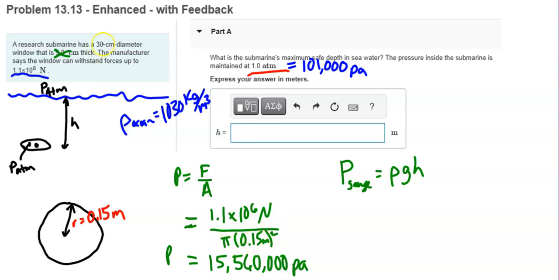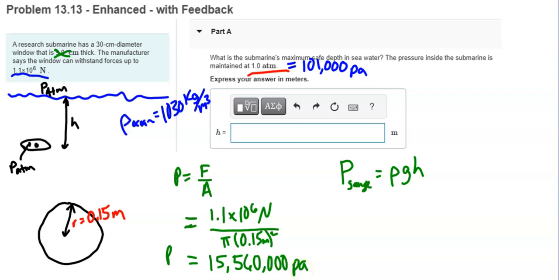They told me a 30 centimeter diameter, so I divided that by 2 to get 15 centimeters, or 0.15 meters. Your units do need to be in pascals for this, so you need newtons for force and meters for radius, and then find the area there. So anyways, I did all that, and I got approximately